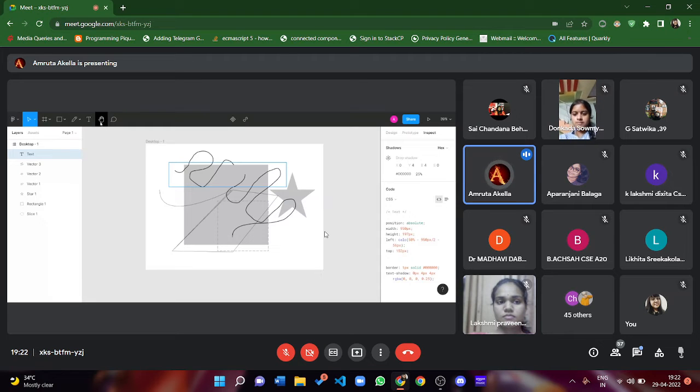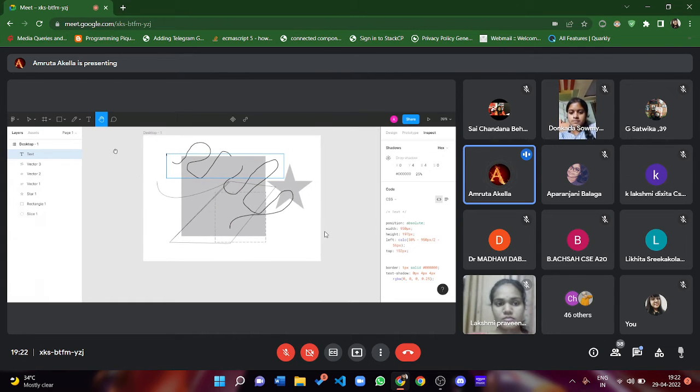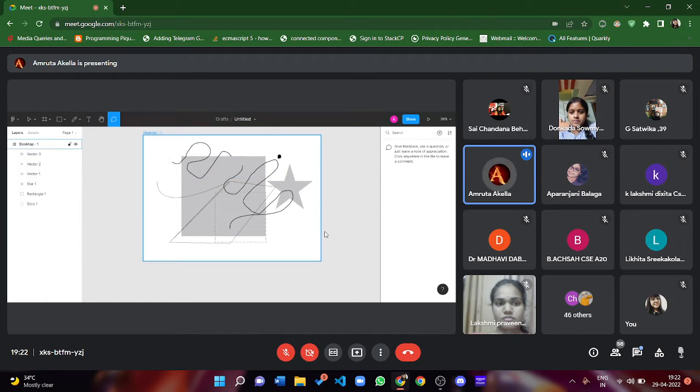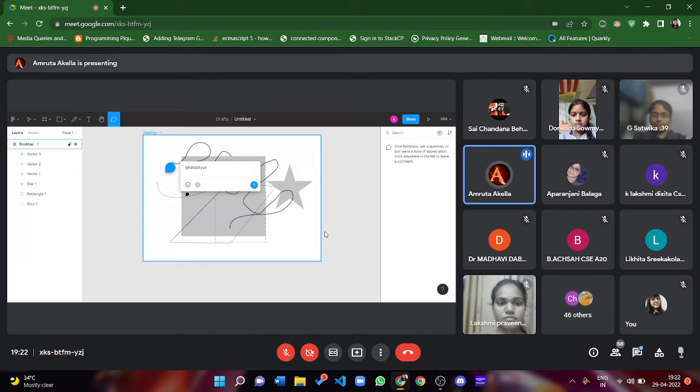So after the text tool, we have the hand tool, that is more like a mouse, and another comes add comment, where you can add specific comments to your design. Suppose you are in a team and you are a team member, and if you are interested to add some comment to a specific member, you can happily add your comment here. What else is to be done? So these are regarding